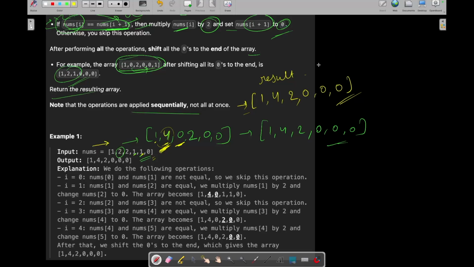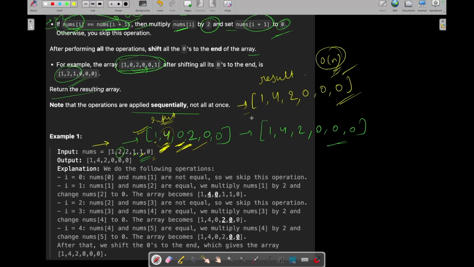But here this result vector will take big O of n space complexity, and here we are updating the nums vector only, which is the input vector. So in interviews, never update the given data on your own. Do ask your interviewer whether you can update the given data or whether you need to create some other vector. So for now, let's consider updating this input data. So this way we have big O of 1 space as we are updating the input data, and this result vector is causing the extra space complexity.